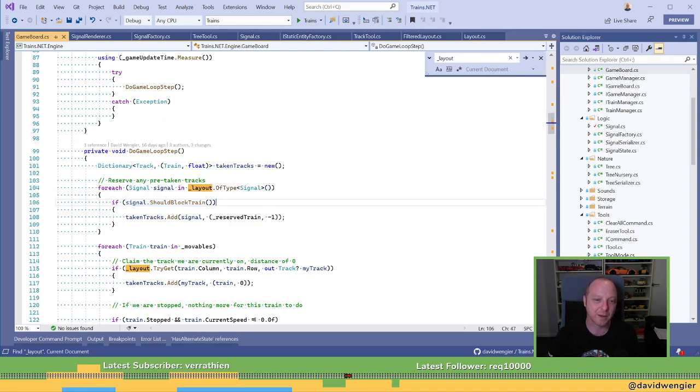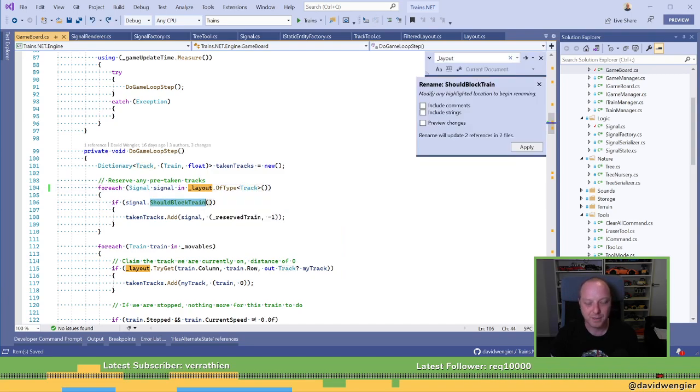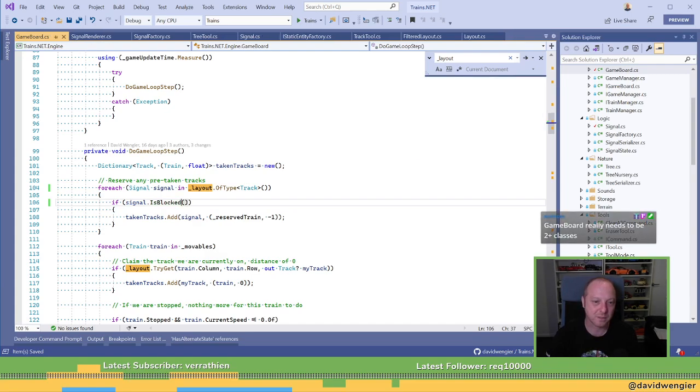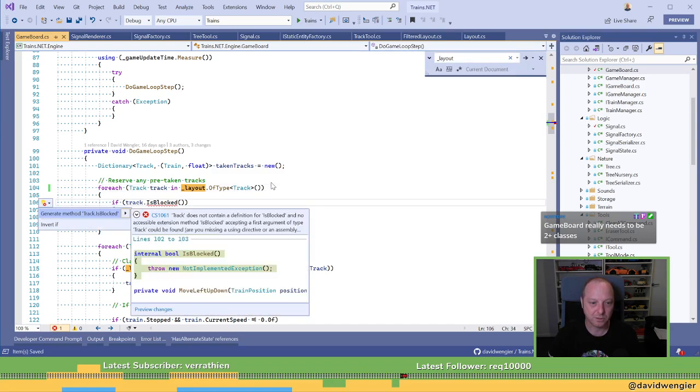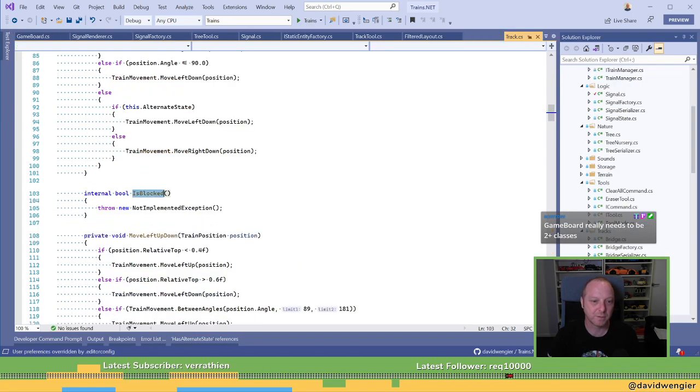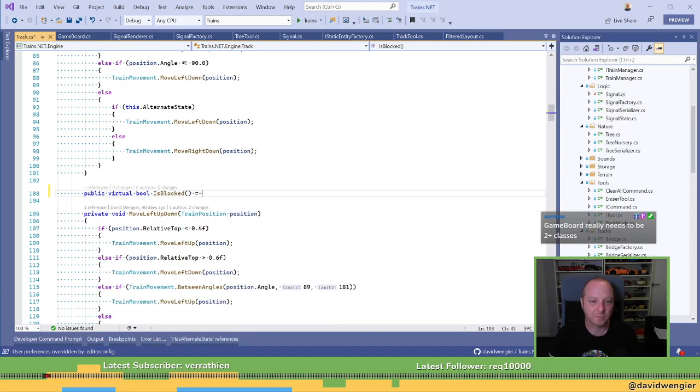Okay, so I just got to put that back. So this is track. What did I call it? Is blocked. Track. And generate a method, which is virtual, plus, and pull up.